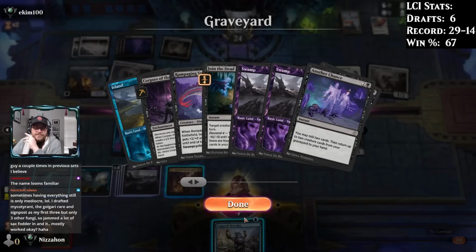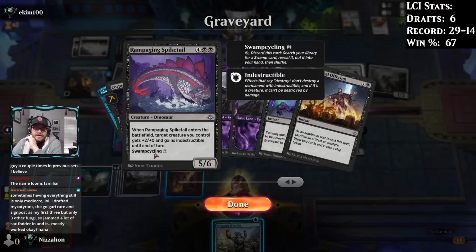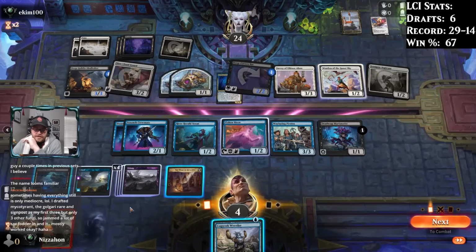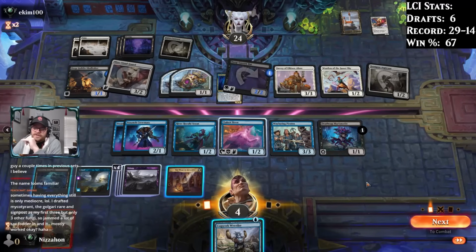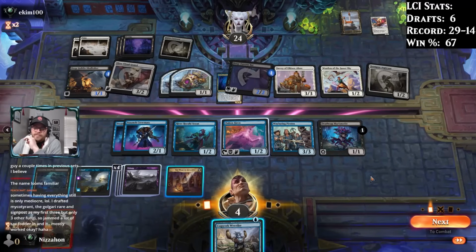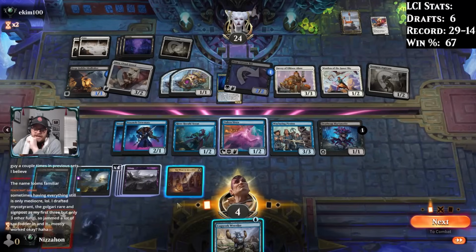So the only other creature we have is Rampaging Spiketail, which doesn't exactly do us a whole lot here. Plus 2/plus 0 and Indestructible. 4, 5, 6. And I would have to tap... Oh, no, I have Oaken Siren. So Cogwork Wrestler could come down next turn and modify combat. All right. Well, in that case...